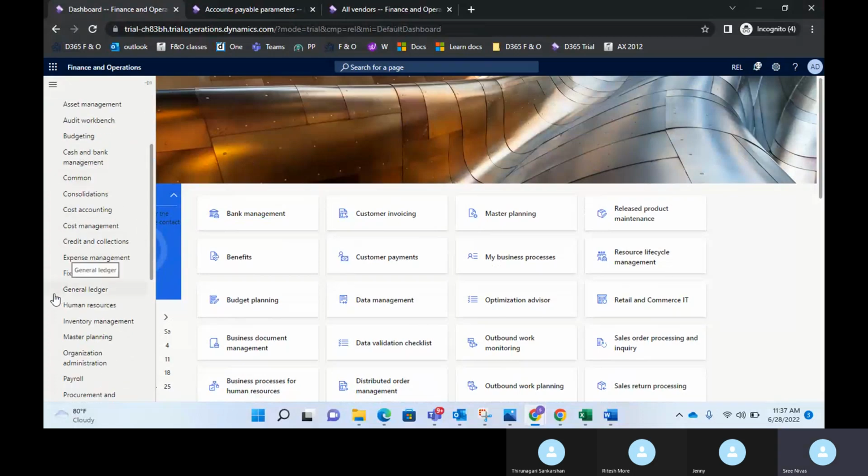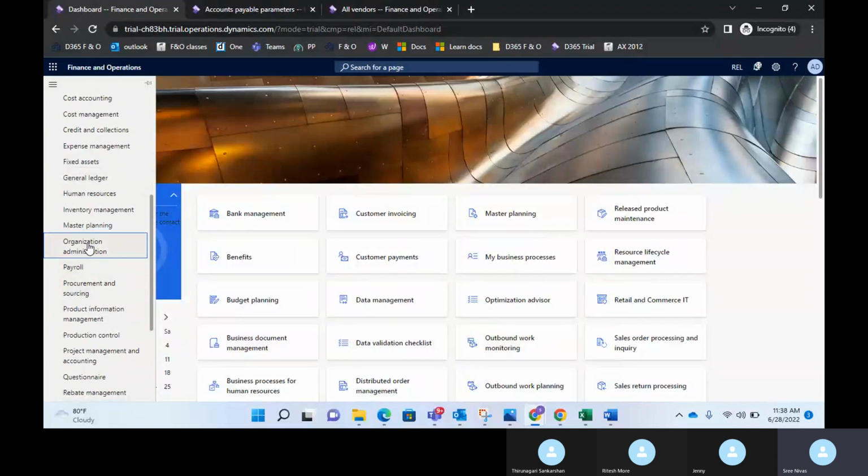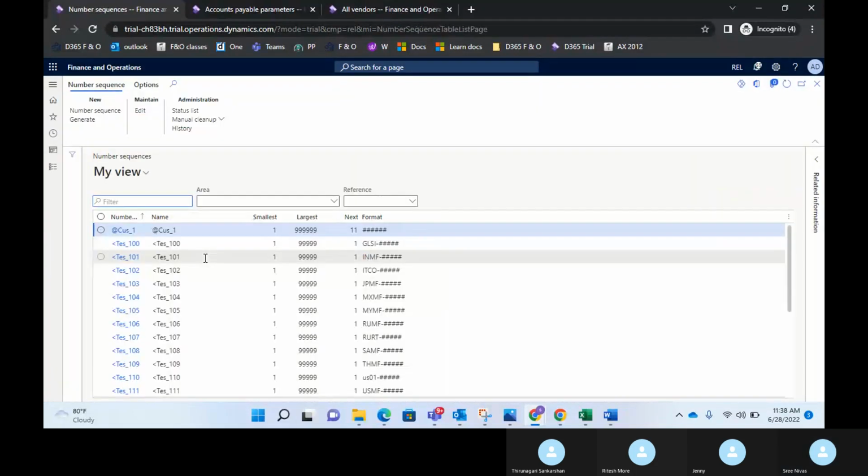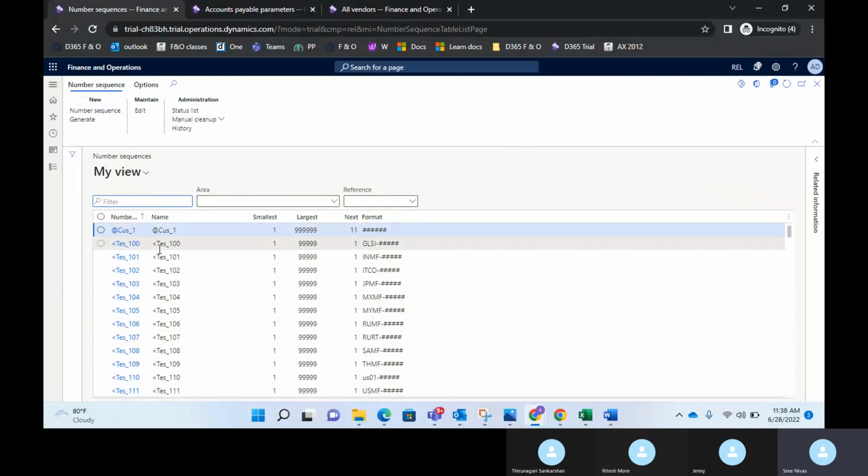So remember, this is the important step. Once you create any legal entity, immediately after creating the legal entity, go to organization administration. Here, click on number sequences. Click on generate. Since we have already created them, it will not let you create them once again. Click on generate, and then it will show an option called next. Click on next 2 times and then click on finish. By default you need not check all these things. These are created by default. Now in order to check whether the number sequence has been created or not,